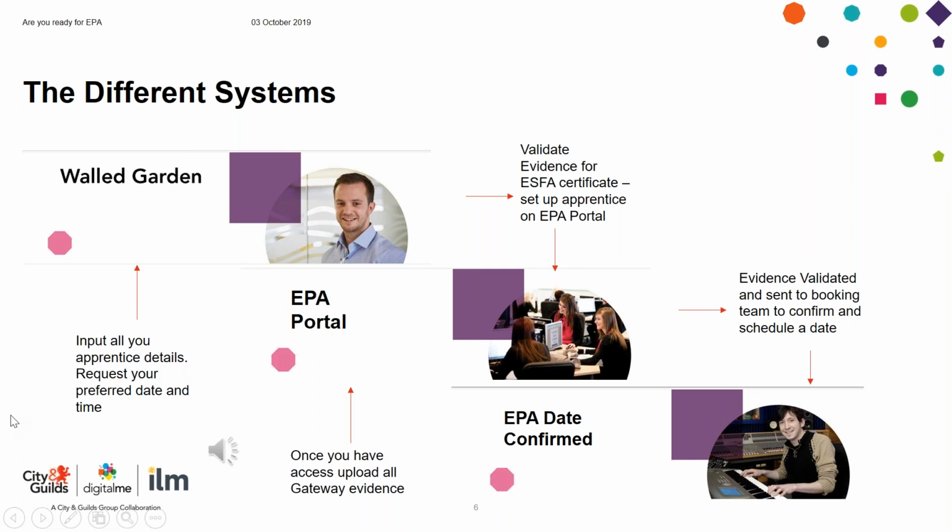We use within City and Guilds several systems as part of the endpoint assessment process, and I thought it useful just to explain the different systems and what is used when during the process. Walled Garden is our system used to place registrations and booking requests. You will input all your apprenticeship details and request your preferred date within this system. Once you have requested your date and completed the correct employer and EPA booking tabs, you will gain access to the EPA portal. You will first upload all your gateway